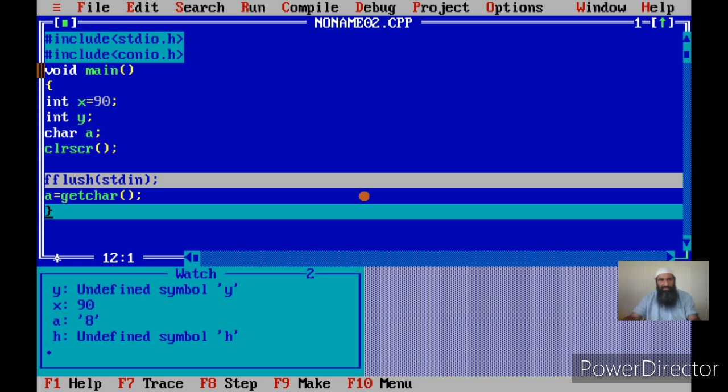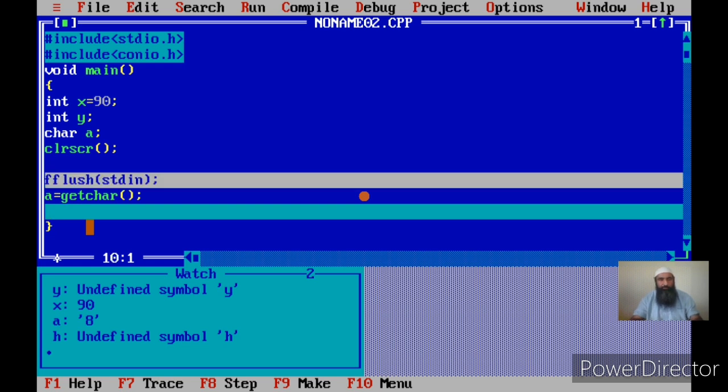If you specify a variable other than A here, it will be stored there. So the variable on the left-hand side should be a character variable, and the value that getchar accepts from the keyboard is stored in A. getchar is a function used for input, like scanf. So we have another option available for character data, that is getchar, and I have explained how it works.